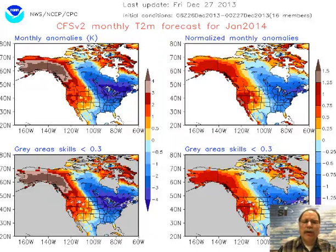Well, one other piece of evidence for a cold January is NOAA's Climate Forecast System, or CFS, model run. This is for the month of January, which again begins in just a few days from now. What we're looking at right here is a very cold prediction by this particular climate type model in the central and eastern part of the U.S. Now this correlates pretty well with that stratospheric warming event, at least what's forecasted by the GFS model, for ultimately Arctic air outbreaks in the central and eastern part of the U.S. So two different sources of information that are signaling the same type of cold pattern expected in the eastern half of the nation